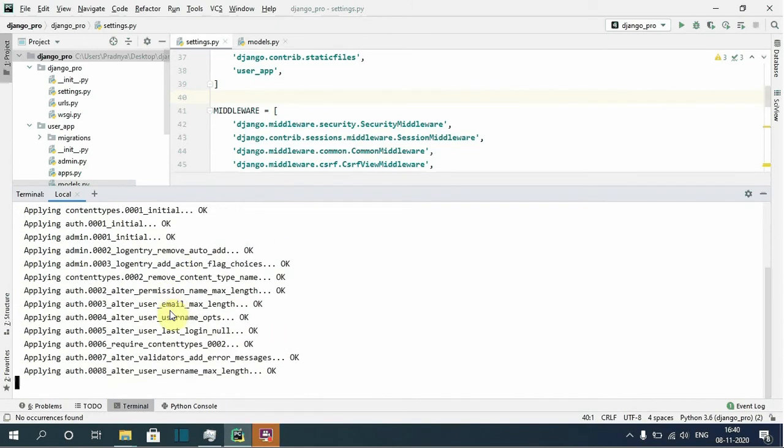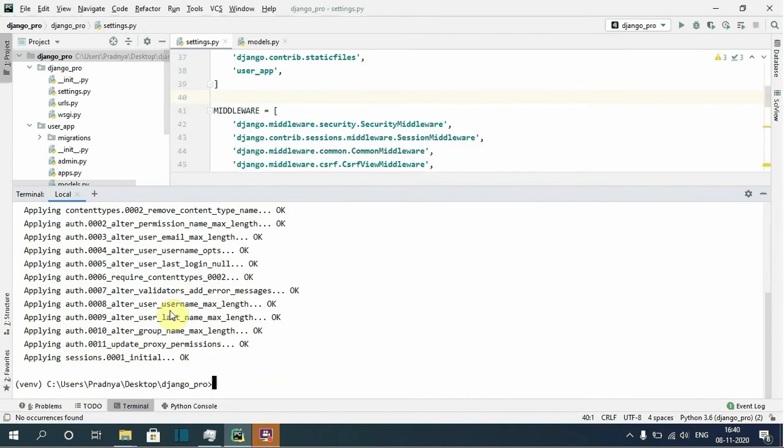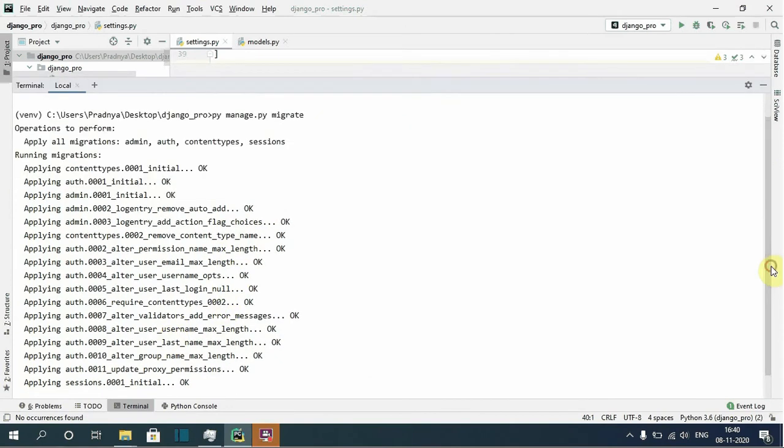This will take some time to create the database tables. Okay, the migrate command looks at the INSTALLED_APPS setting and creates any necessary database tables according to the database settings and the database migrations in those apps, because those default apps already have database migrations.